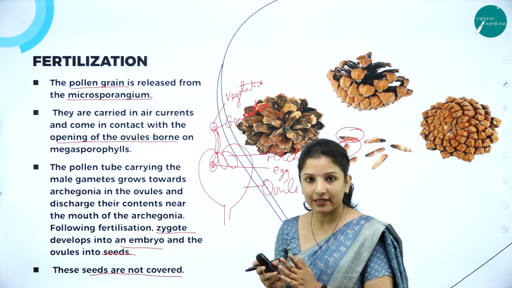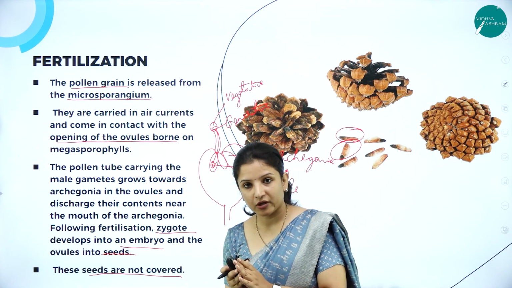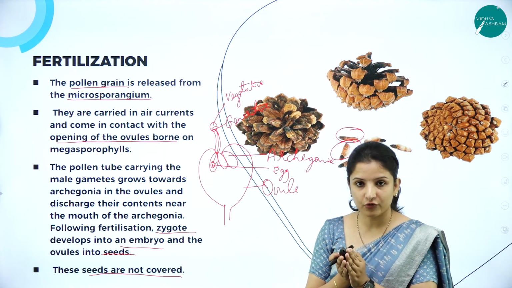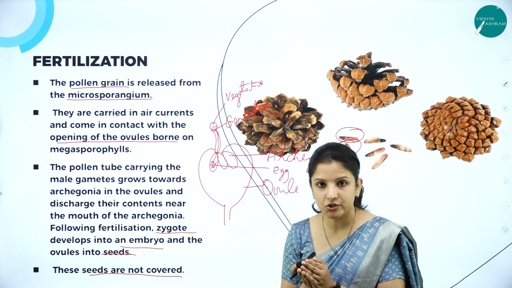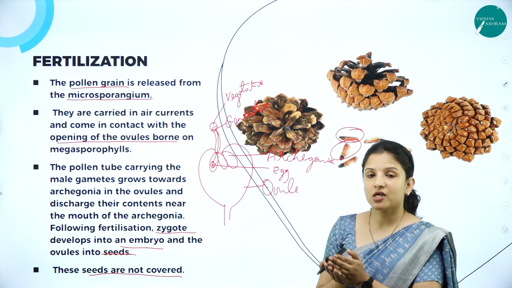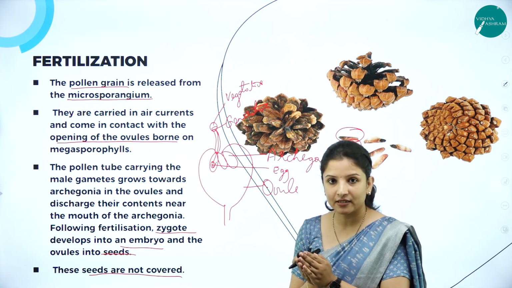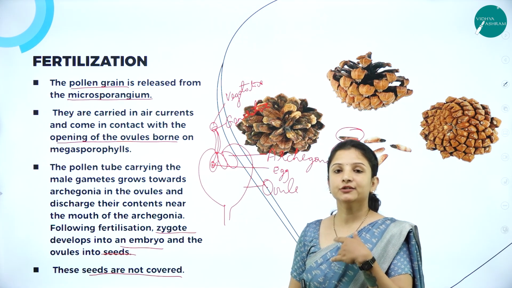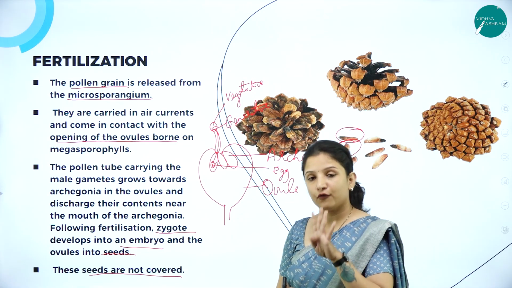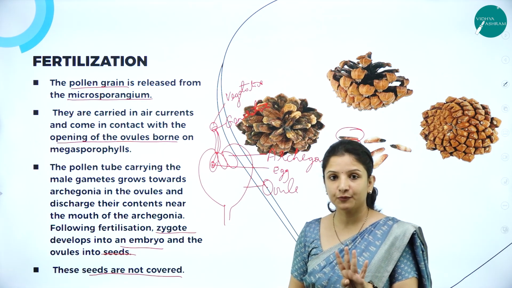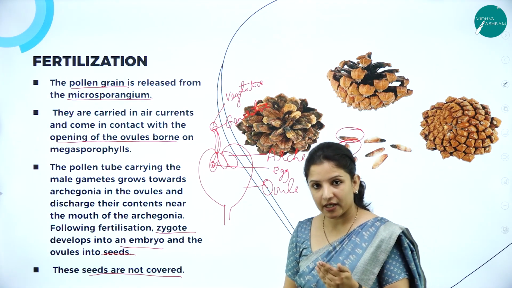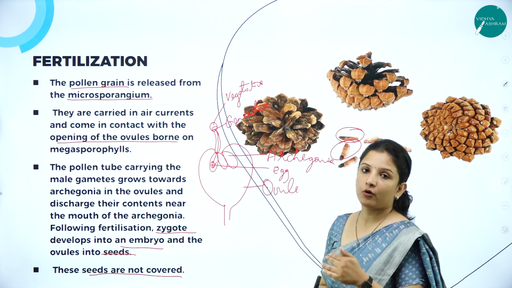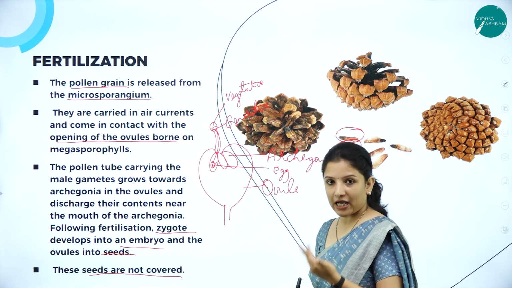Now talking about the female reproductive structure, that is the megasporophylls, will form the megasporangia. In that megasporangia, megaspore mother cells are there. Some of the megaspore mother cells will produce the spores. So 4 megaspores will be produced. In that, one of the megaspores will develop into the female gametophyte,